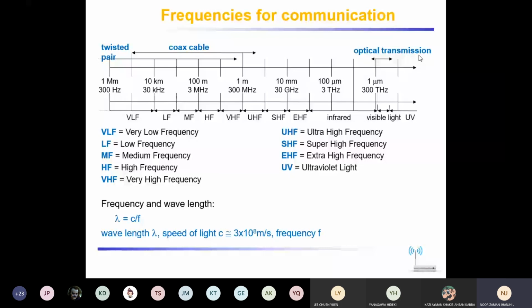And there are so many other things. We are not supposed to go into detail because this course is wireless network security. This course is not signal processing. But we added this information because these are the principles. You are using twisted cable, the coaxial cables, and the optical transmissions as well. So you may know what frequencies they use, what their ranges are, what the frequency is.